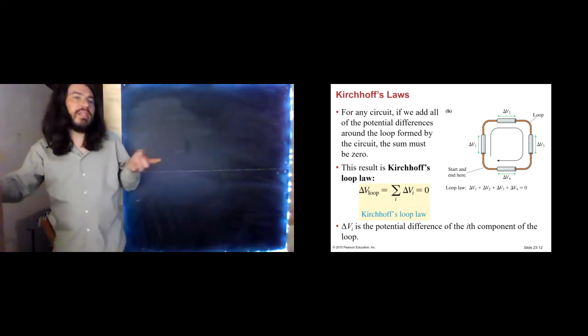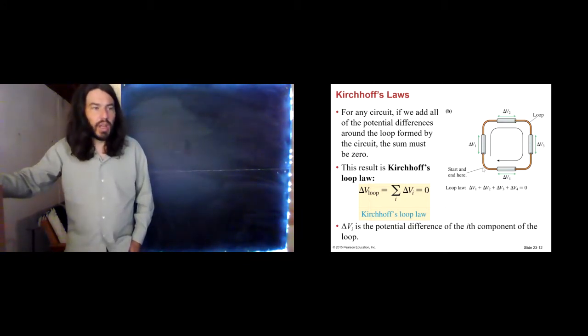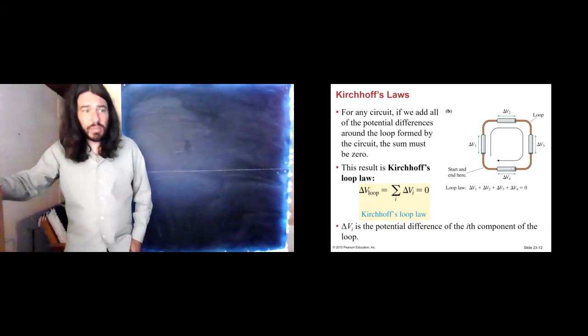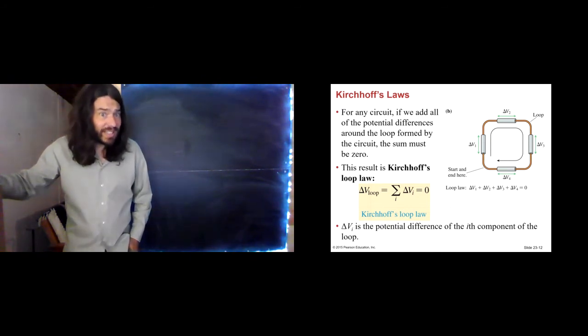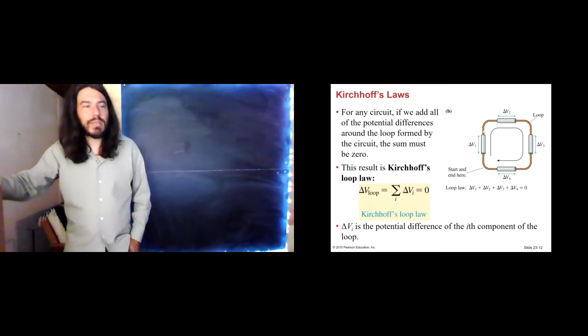And it's a little bit harder to see because these electrical ideas are so abstract and we have so much less experience with them. But the fact is, the potential at this point right here is defined by a value. I don't know, maybe it's 1 volt, right? So that means that if I go around this loop and I come back here, then I'm back to that same potential. If it was 1 volt before, it is still 1 volt. And what do I mean by go around? It says for any circuit, if we add up all the potential differences, that's what we mean. So when you say start and end here, we're talking about going around the loop, adding up all the changes